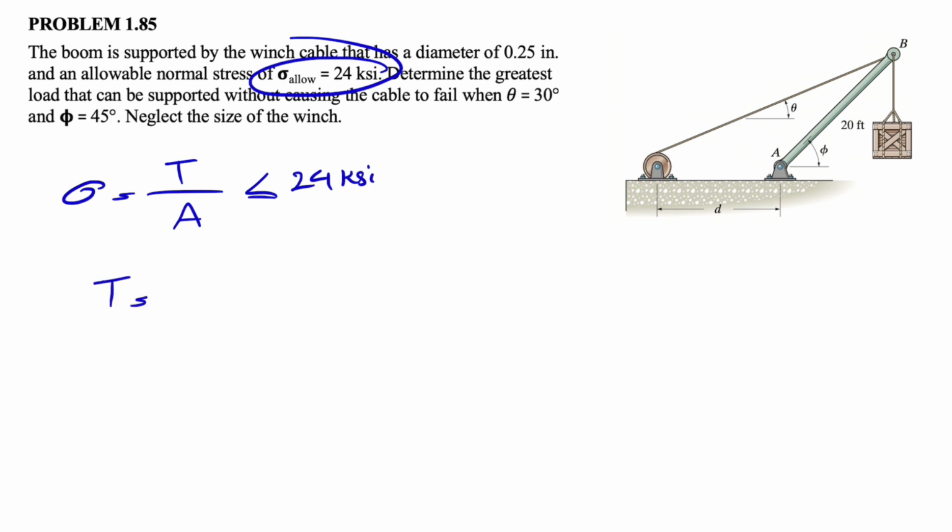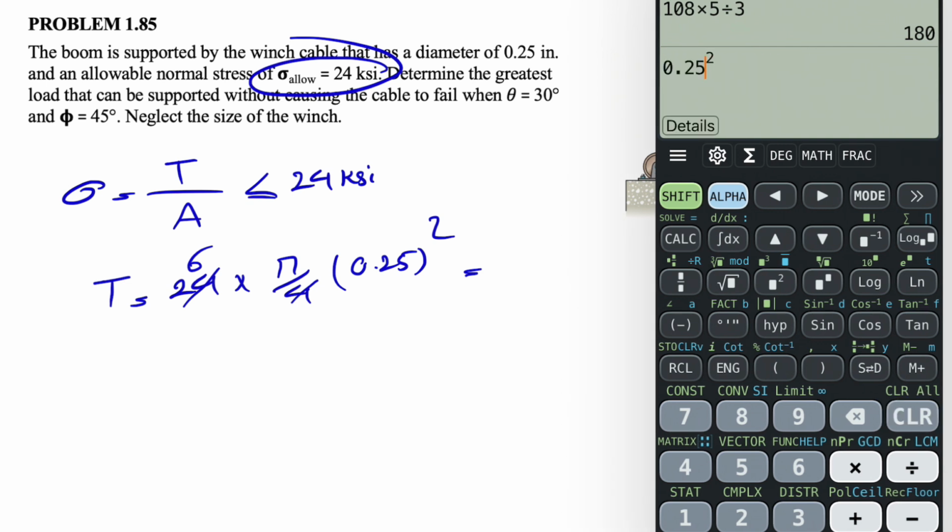So this tension here, if cross multiplying, would be 24 ksi. Keep in mind that ksi is going to give us the force in kips at the end, and the area that we have in here would be basically pi divided by 4 times the diameter, 0.25 squared. So that's going to give us the force in kips for us. We can cancel out 4 and 24. So basically we have 0.25 squared times pi times 6. And this is going to be